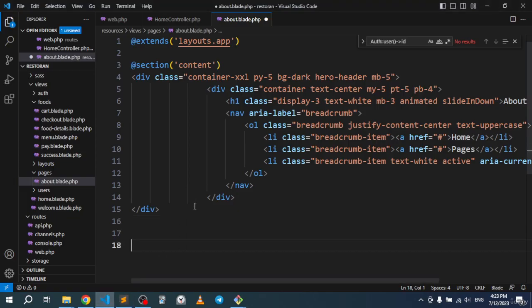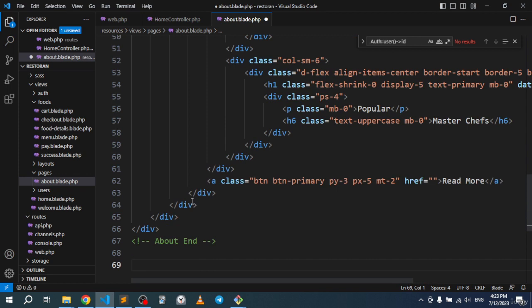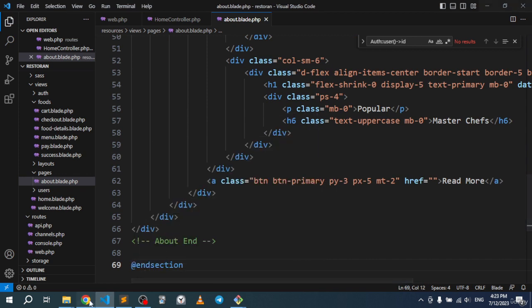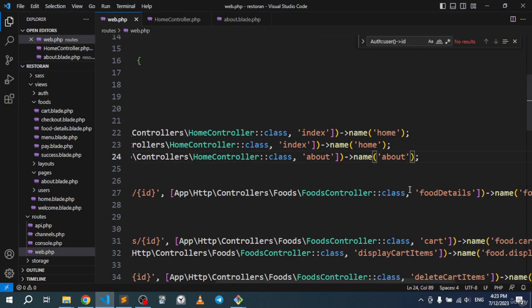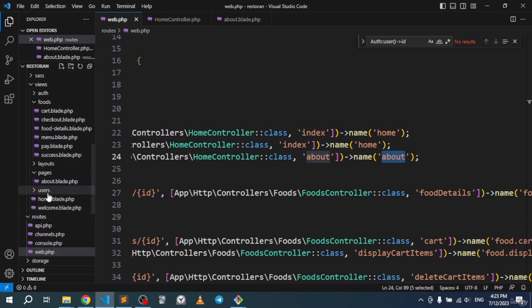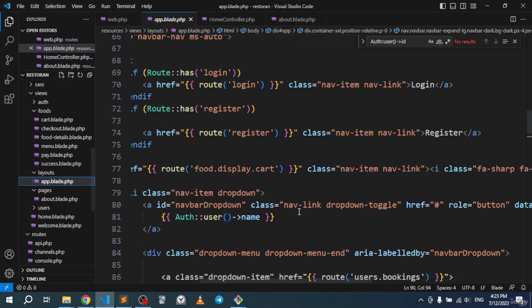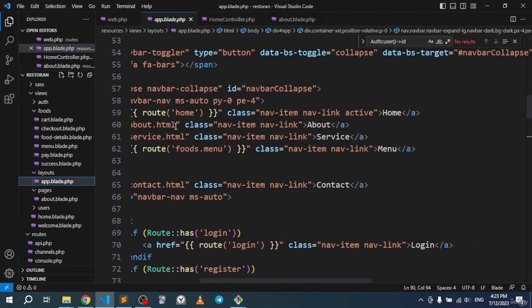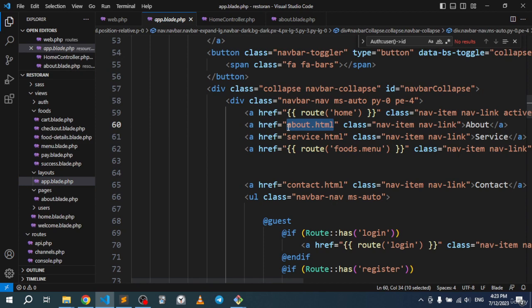Let's go down and paste it like that, and I'm just going to go and section save right there. Let's now link the about. So let me copy this. Let's link it in the template master. All right, so there we go. It's right here. Route